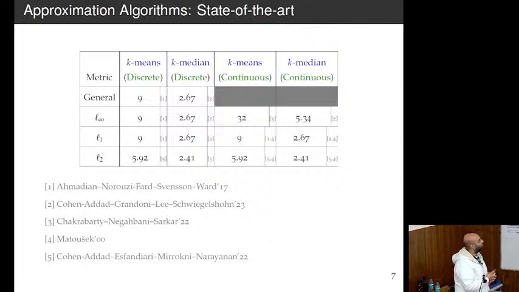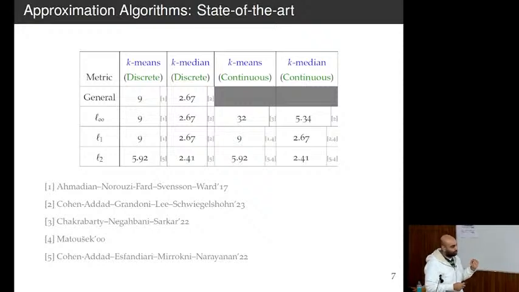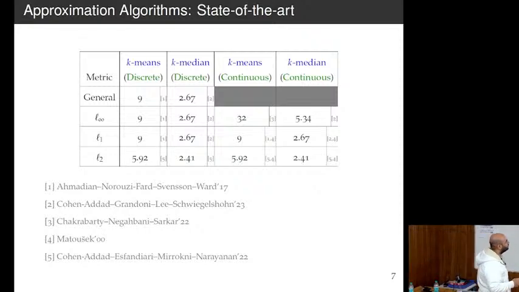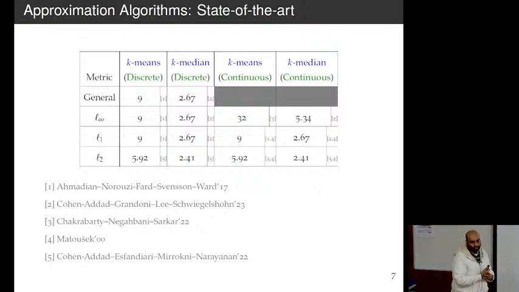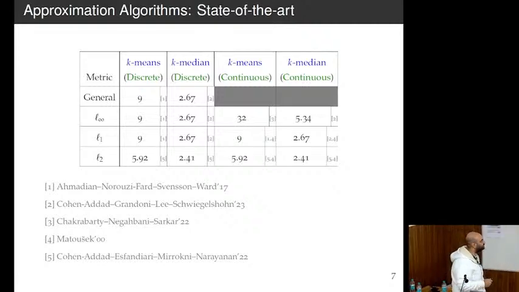And the factors themselves, these are some numbers. It's not really important to know whether 9 is good or 8 is good or 7 is good. It's more about what the optimal value is, below which it's NP-hard and at which you can solve it in polynomial time. So really what matters is the truth and not what this exact number is going to be. So this is from the approximation algorithm side. And in order to understand the truth from the other side, you need to prove hardness results.